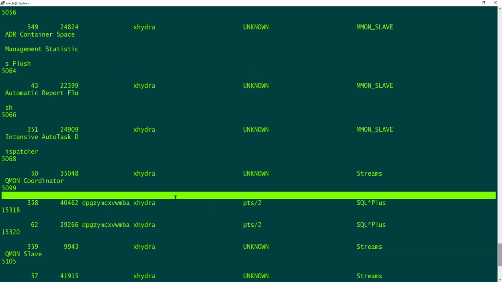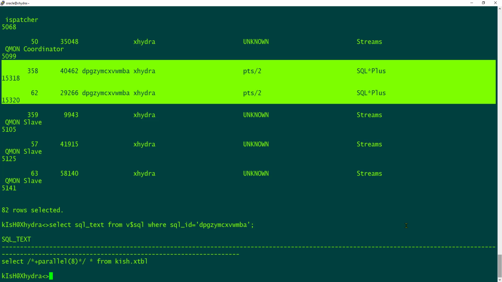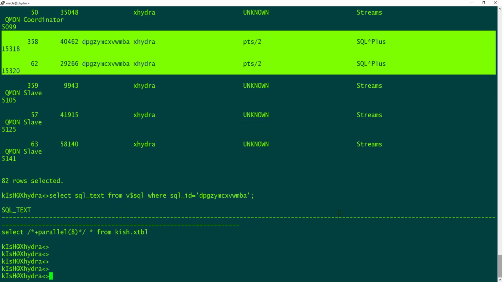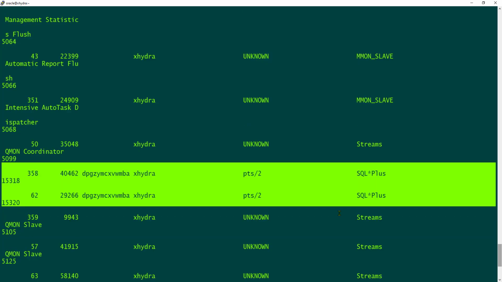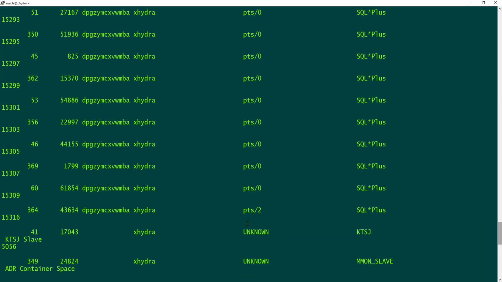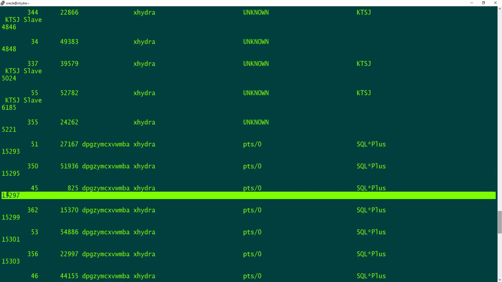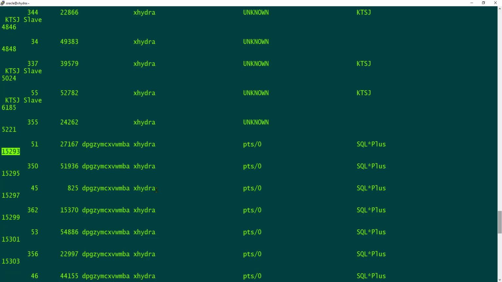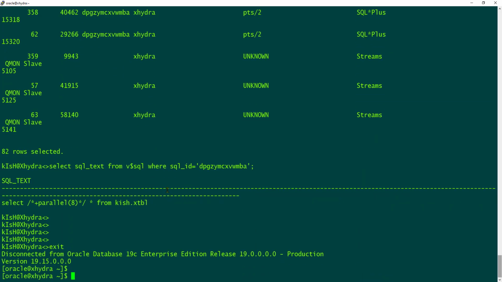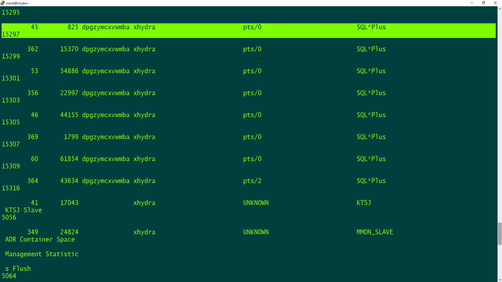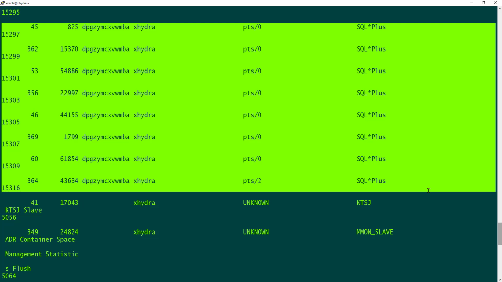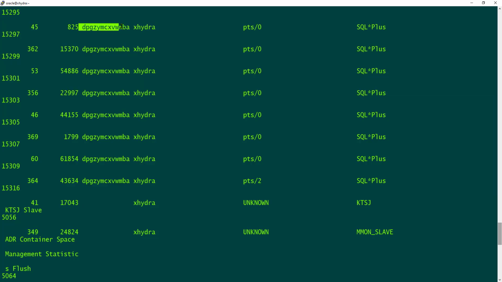Now I have identified the SQL query, okay, but I don't have the parent process in my database, but I have all the child processes related to this query. Okay, so this is the SPID 15295, 15293. So if there are multiple sessions which are spawned in the database, then it should be exactly a parallel query. Okay, so there is nothing else that can spawn these many processes for a single SQL ID,